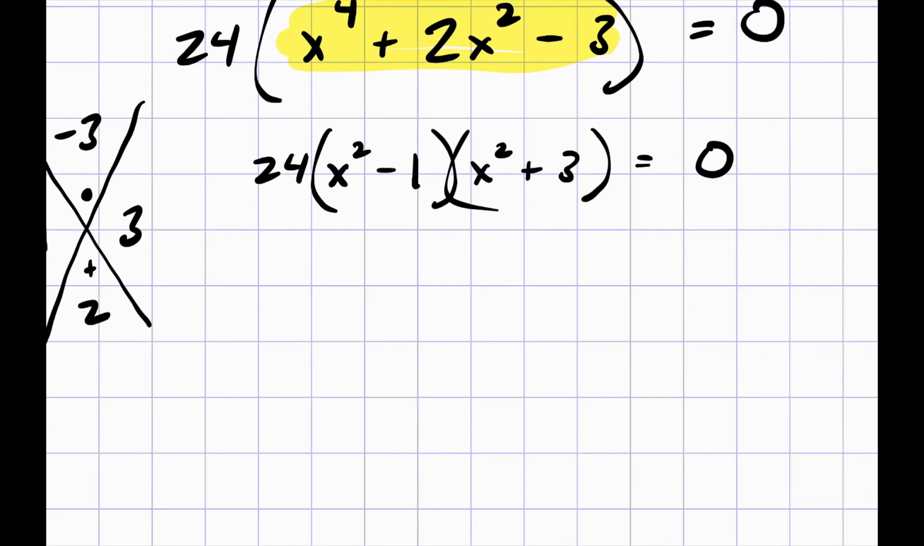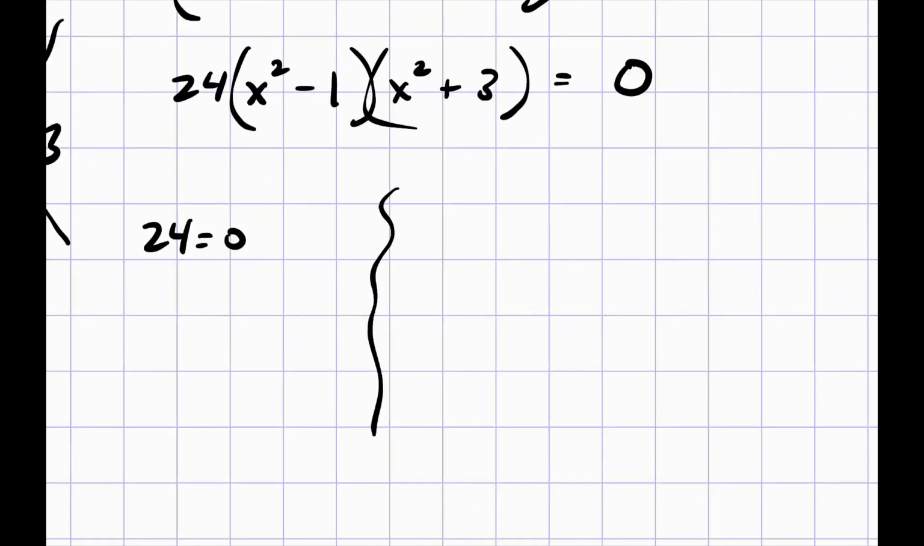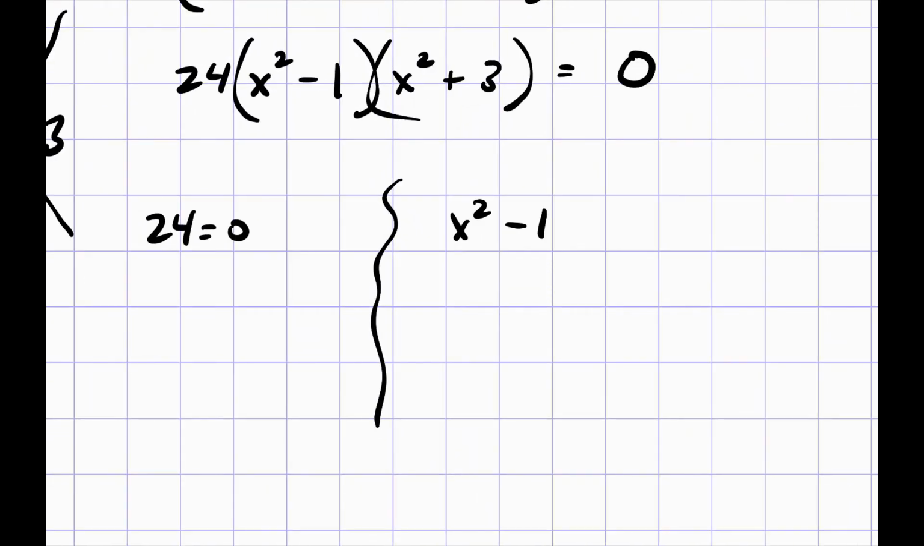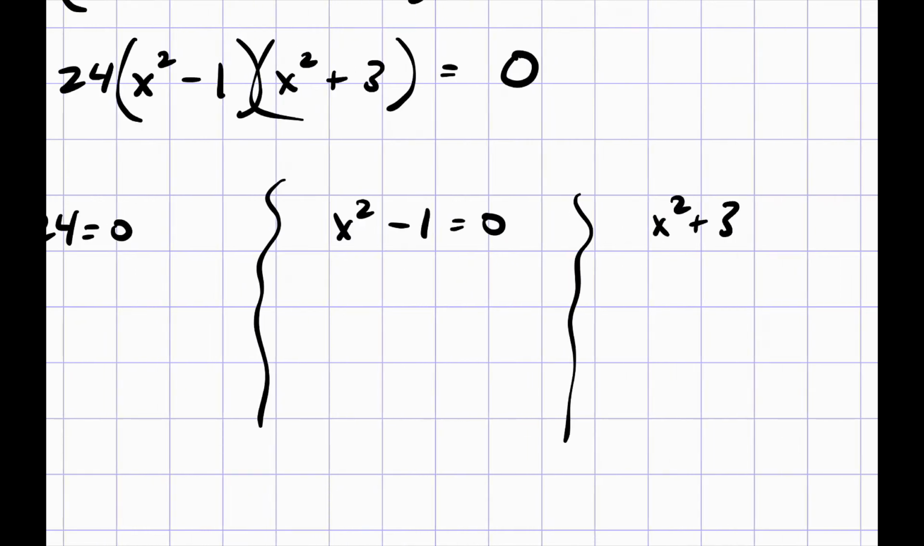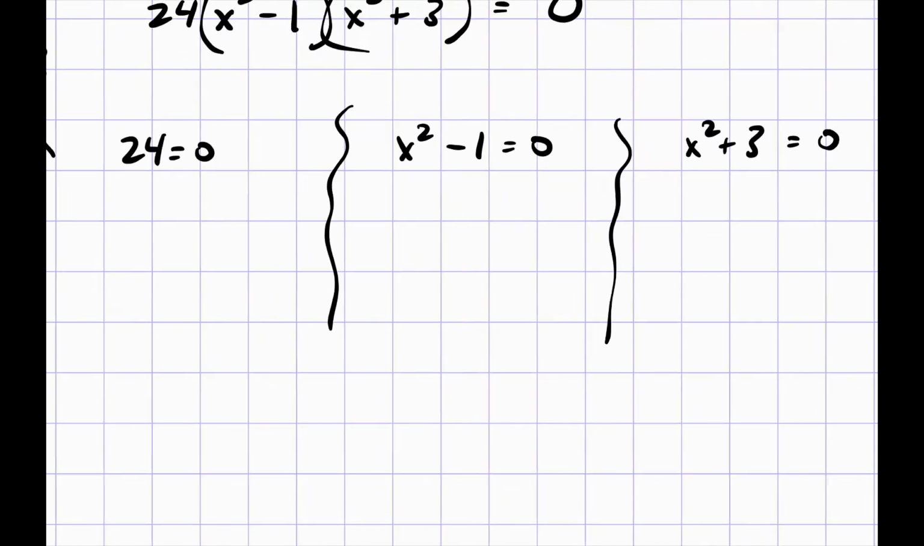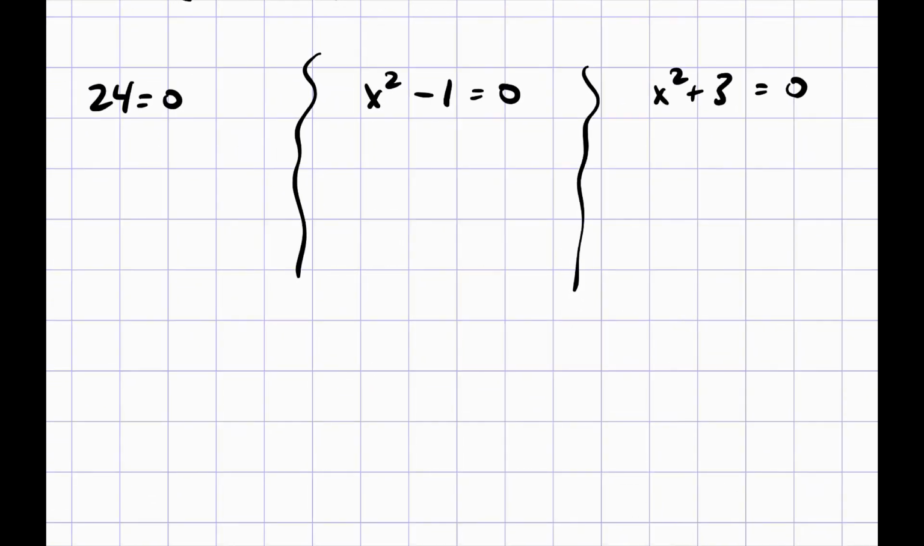Alrighty. So the last thing is to solve. So I have 24 times x squared minus 1 times x squared plus 3. Each of those I have to set equal to 0. So I'm going to set 24 equal to 0. I'm going to set x squared minus 1 equal to 0. And I'm going to set x squared plus 3 equals 0. Everything that's being multiplied, I'm going to set equal to 0